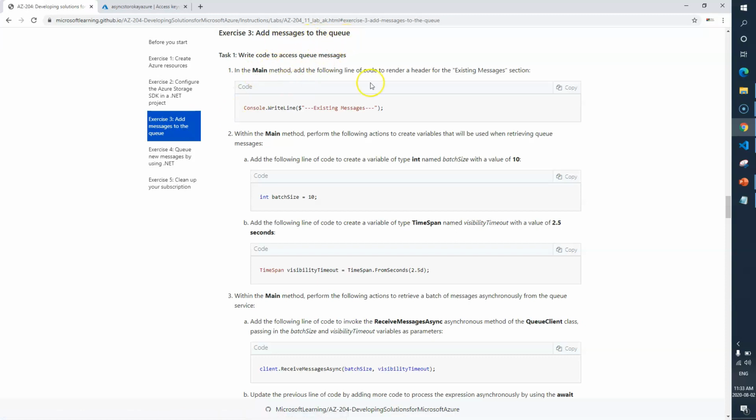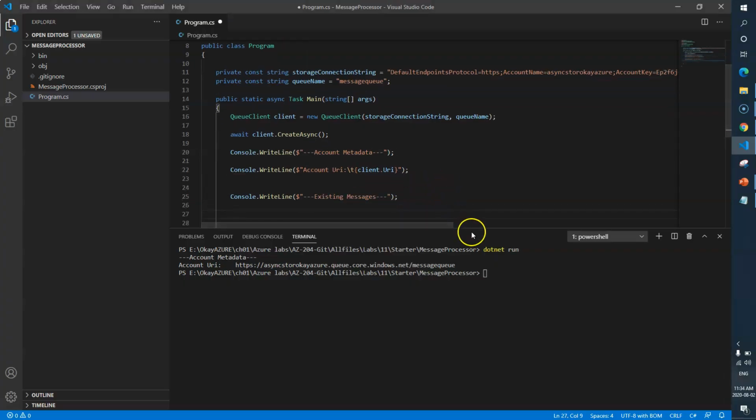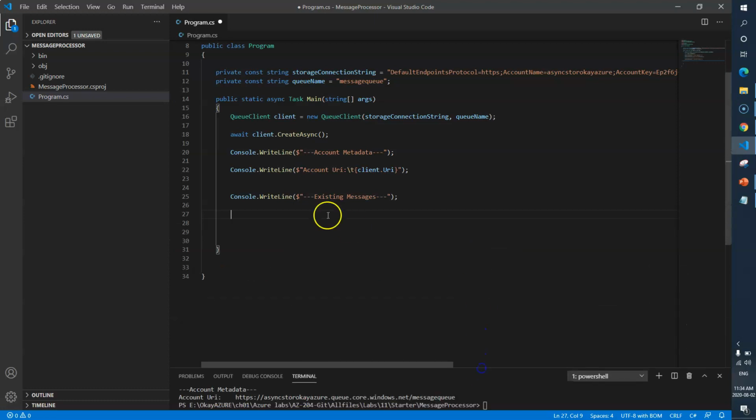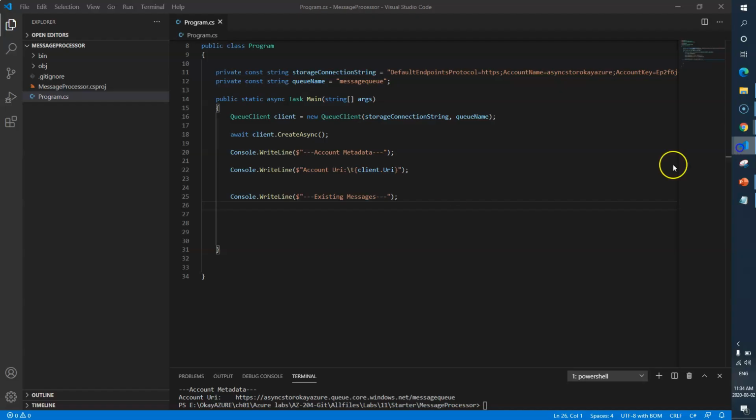So now we need to go back to our main method and we'll write this particular log. I'll put the log here. If you see here, this is my last line. Now we need to add a new property which says batch count equals 10.